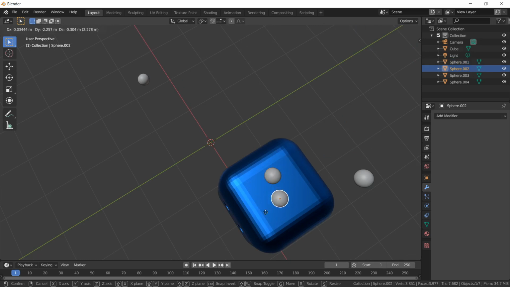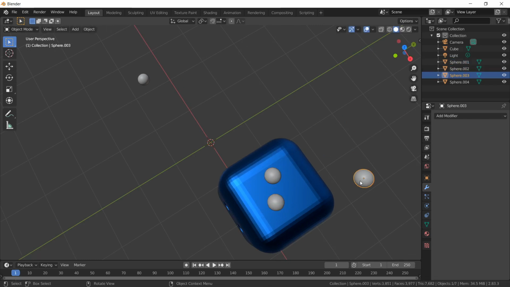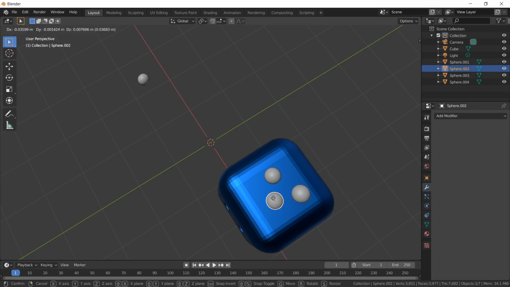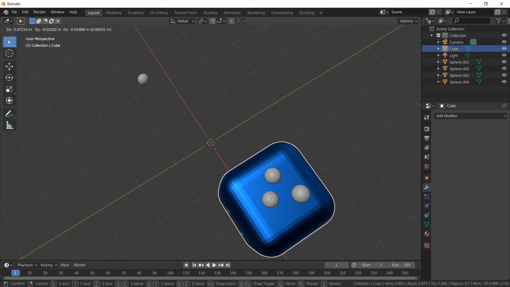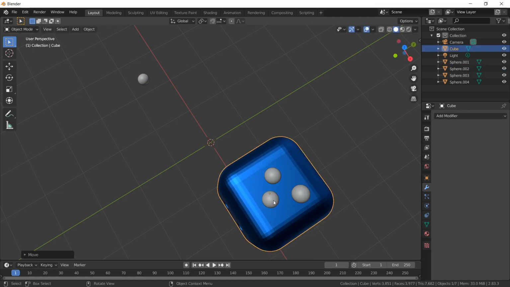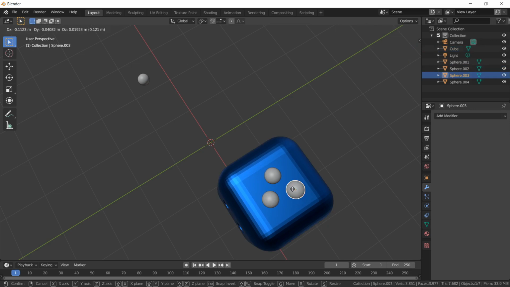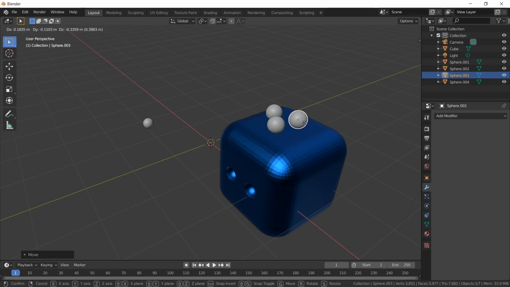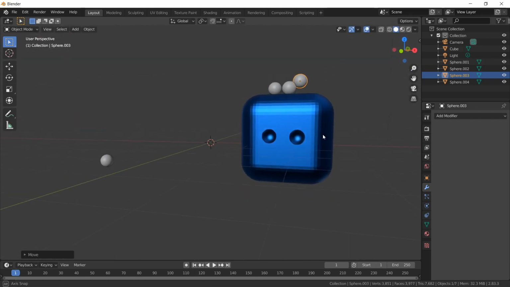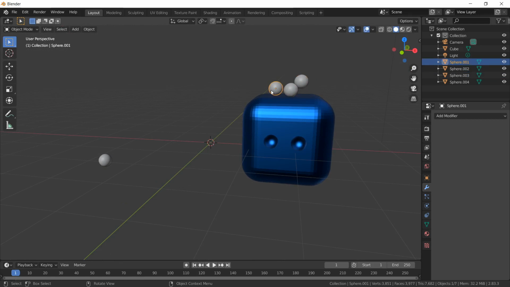I'm working with G for shifting and mouse scroll for rotating. You can see it's still not inside the cube, so I will stick it inside the cube exactly at the center.